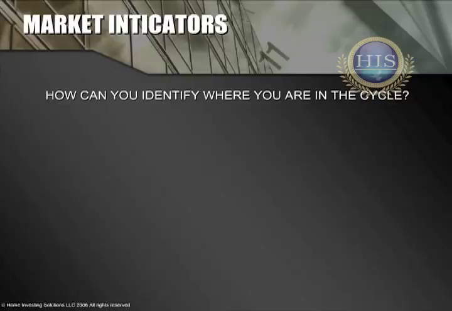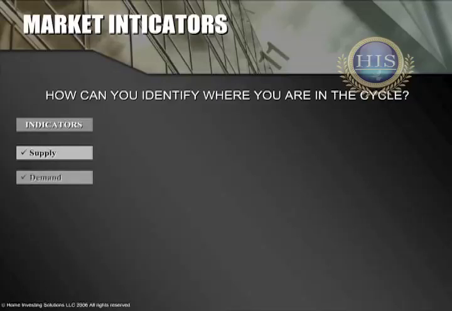Now, I'm certain that many of you right now are trying to figure out where you are within the market cycle. And the answer that I'm about to share with you is surprisingly simple, because it really only takes 4 main indicators to help you to identify where you are at any given time in the marketplace. And also keep in mind that these indicators will also work with any real estate property type. So let's begin. The first indicator is supply. Second would be demand. Third would be vacancies. And the fourth indicator would be the rents.